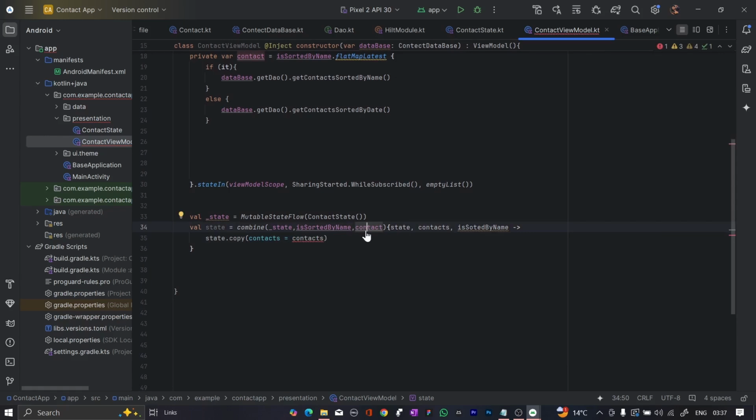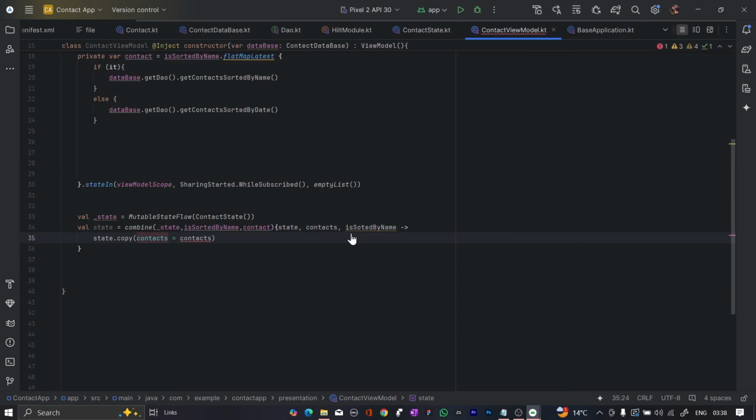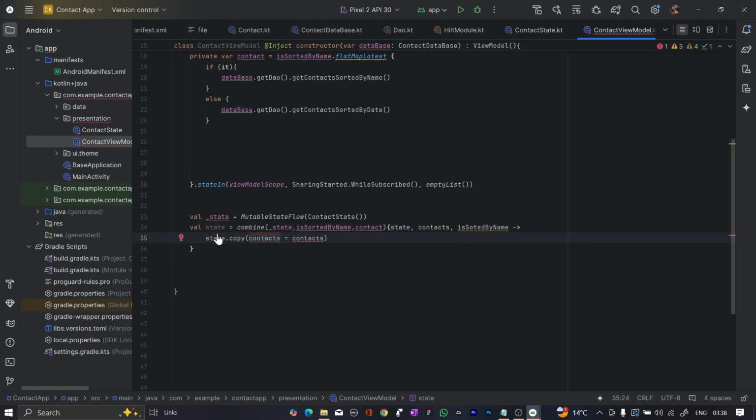ओके, हमारा यहाँ पे कुछ हो रहा है गड़बड़। Contacts is equals to contacts, state contacts and contacts. So let me go and check here. हमने क्या किया है, यहाँ पे empty list दिया है and that type would be the contact state. लिस्ट हमारा empty type list है, contacts ये हमने सही दिया है, यहाँ पर कोई इशू नहीं है। Then again go in the contact view model, हम कहाँ पे गड़बड़ कर, कुछ ना कुछ गड़बड़ कर रहे हैं, आई थिंक सो।